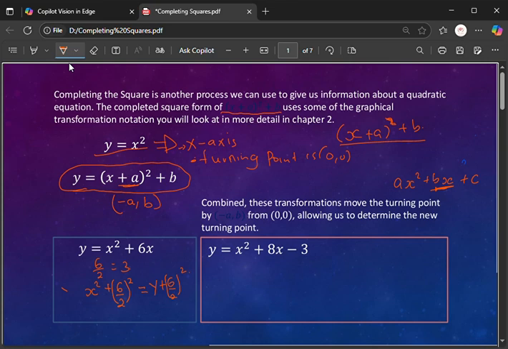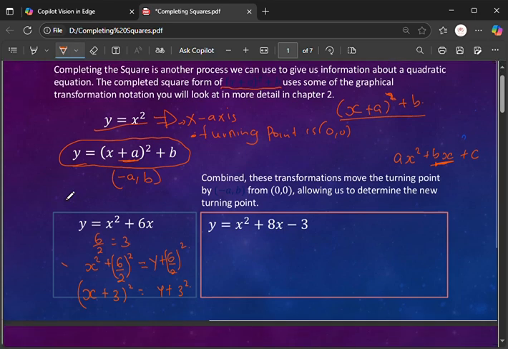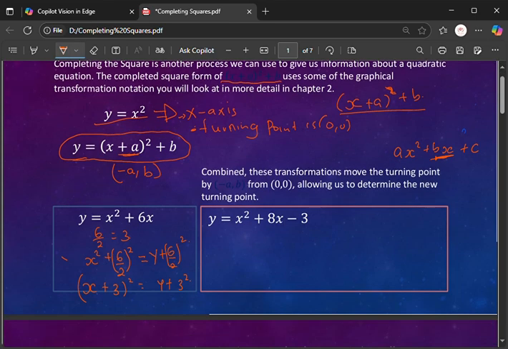So let's simplify. Because these two are both squared, we can put them into one block. So 6 divided by 2 is 3, and then we square. And then the other one is y plus 3 squared. So we can take the 3 this side to the left. Okay, we can take the 3 to the left, and we shall have x plus 3 all squared minus 3